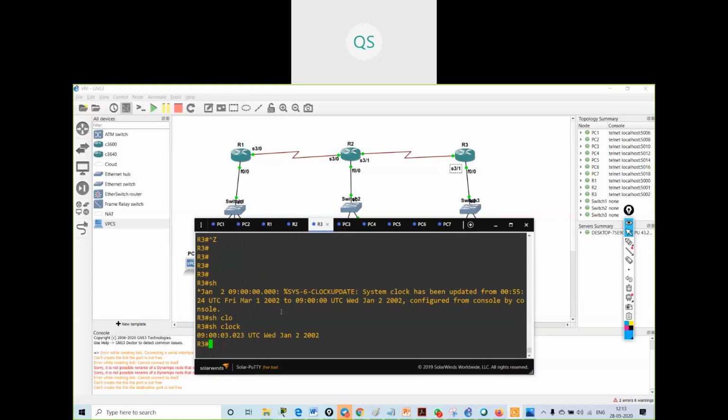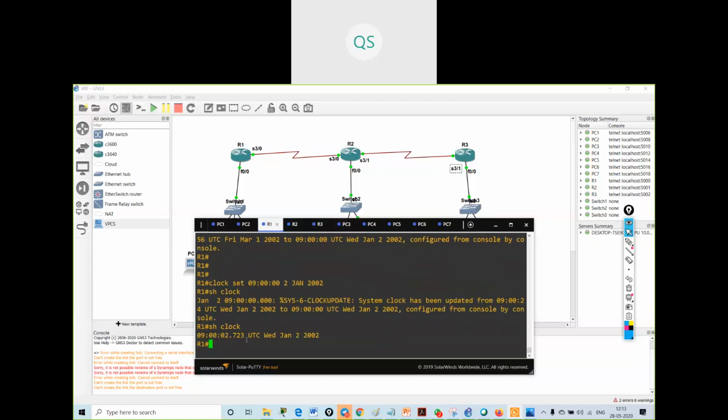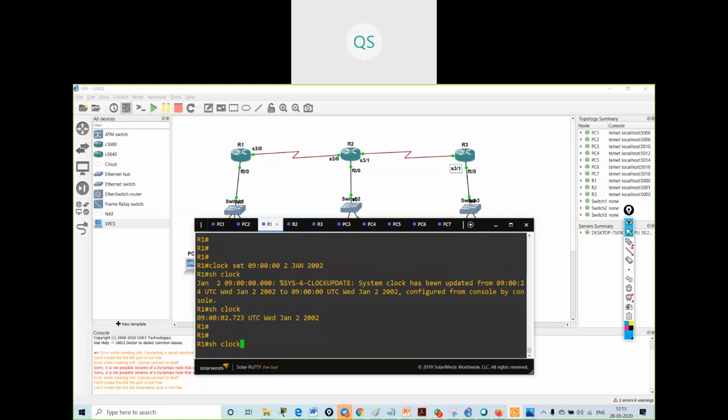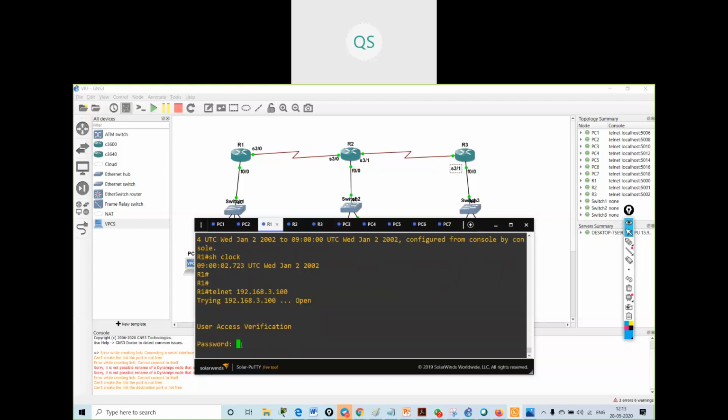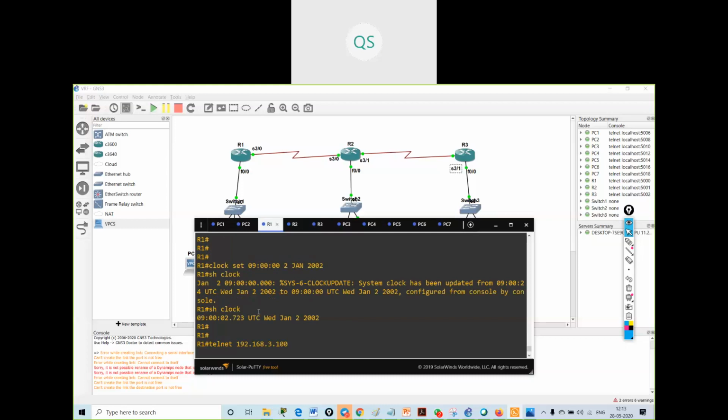Show clock: Wednesday Jan 2 2002. Now if I try to telnet, see, I got the telnet access. Understood how the time-based ACL works?